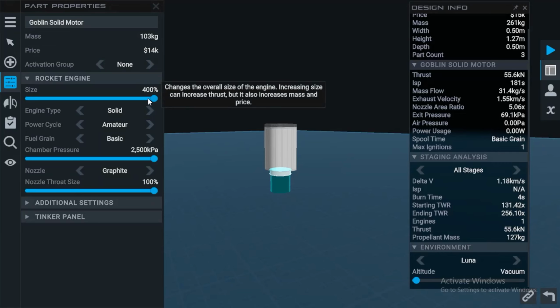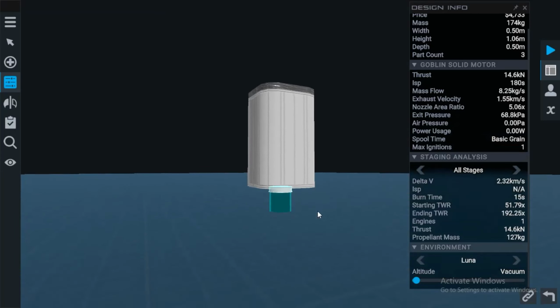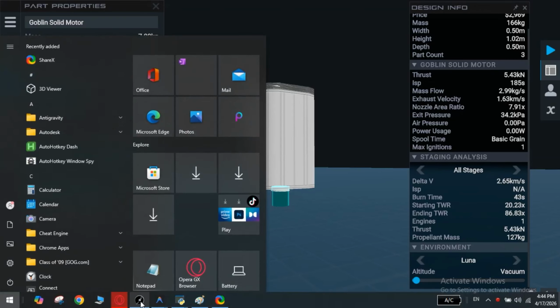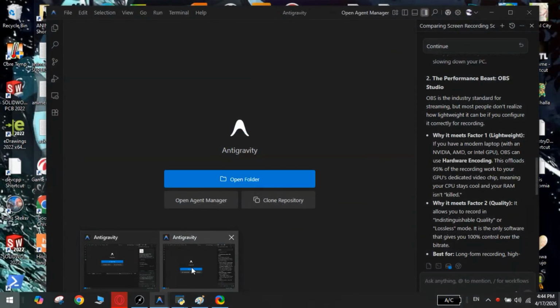This is the game Juno New Origins, and you can see it has these sliders that you can change. Like I change the size and it changed the other values, and there are three sliders that you can change, and it changes the other values based on that. So what I've been doing is